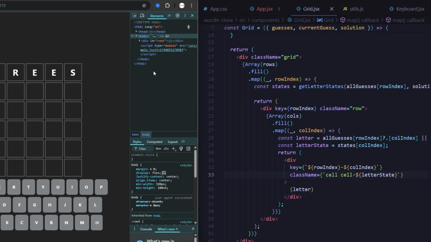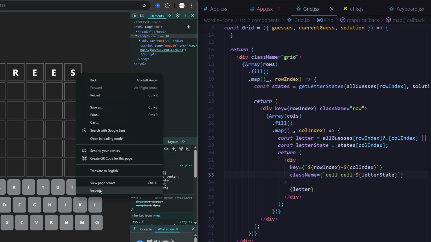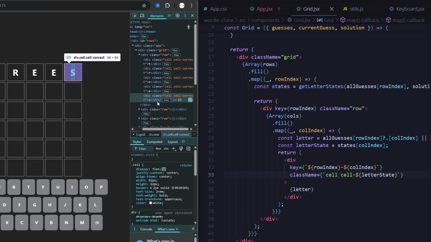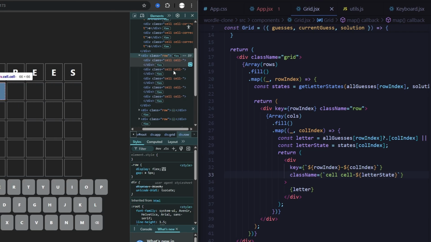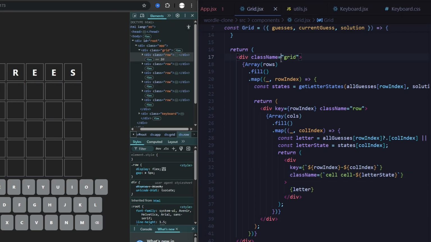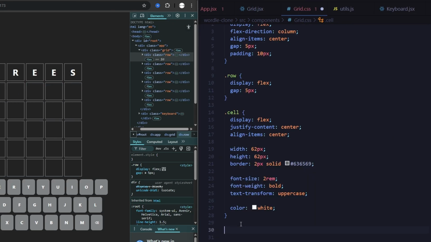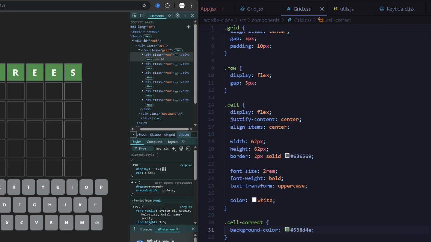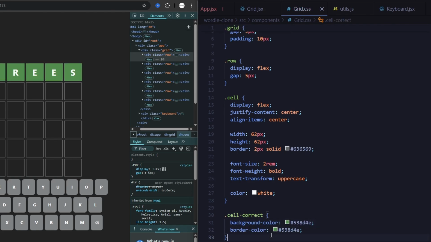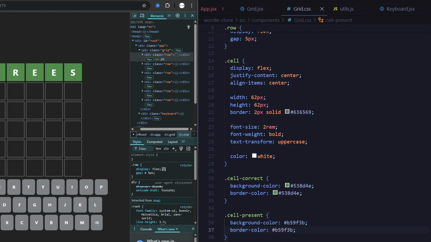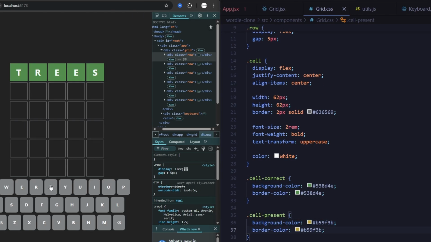Now if we go into elements, let's look at this S here. This should be cell correct. Perfect. And then these ones don't have anything. Let's go into our grid CSS and we'll change the color. So cell correct, you can see there. And let's change the color and then it'll be just these. Let's make another guess here. Let's do trust. Oh,